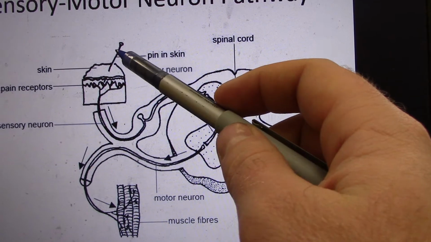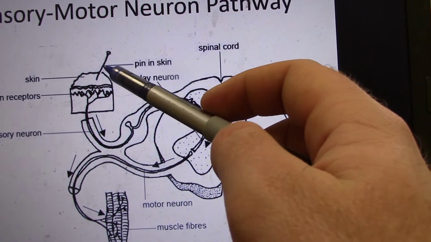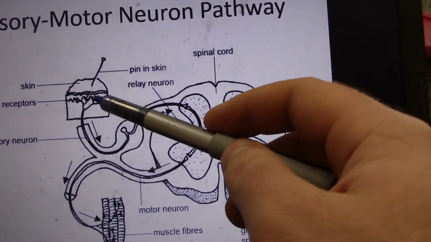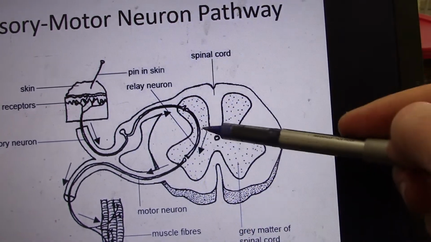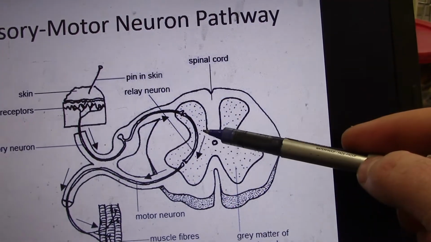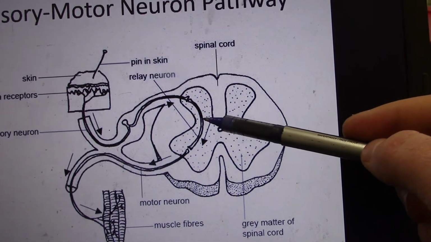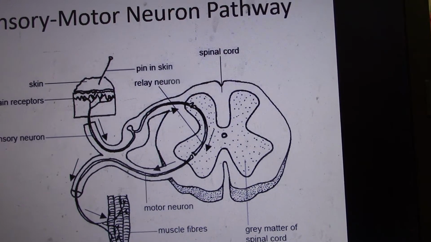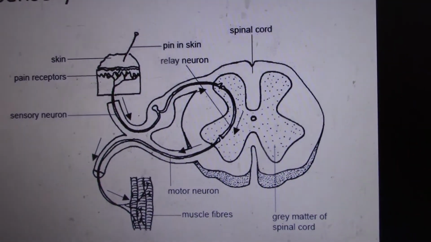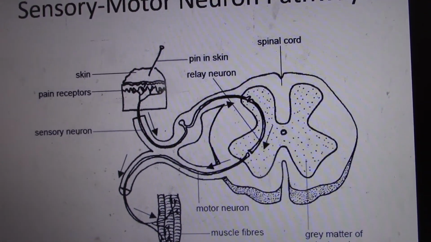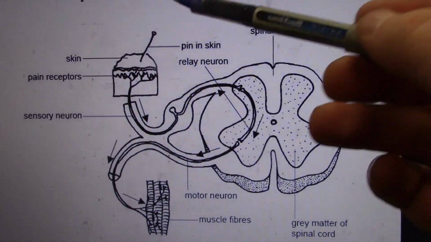So let's say this pin in the skin is there, but it's not super strong, right? It's not something that's really, really painful. There might not need to be a reflex response. So if this is not an intense enough stimulus, then the spinal cord will interpret that, and then the brain can process what to do, all right? Think about an acupuncture needle, for example. An acupuncture needle goes into your skin, but it doesn't necessarily hurt, so I don't need to withdraw my limb from that. But let's say this was a nail,